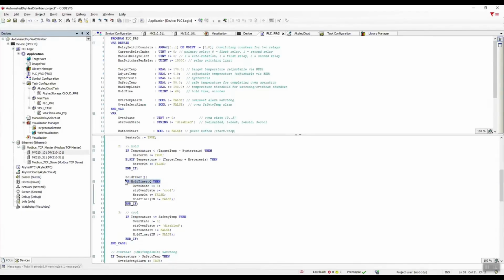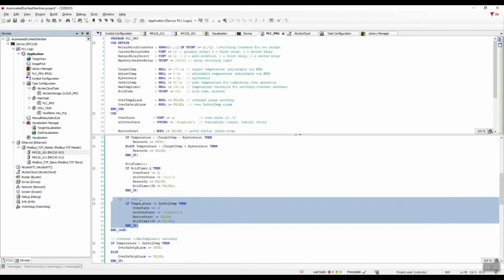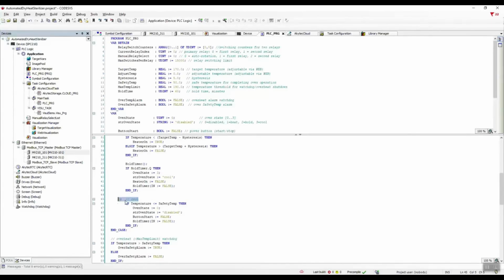And if the temperature holding time has ended, we turn off the heater and switch the sterilizer to the cooling state, and also turn off the timer. The third condition of the case statement. If the sterilizer is in the cooling state, then we check the following condition. If the current temperature is less than or equal to the safe temperature, we switch the sterilizer to the off state. And we turn off the start-stop button indicator for the sterilizer, as well as turn off the timer. Write in the comments why we turn it off.